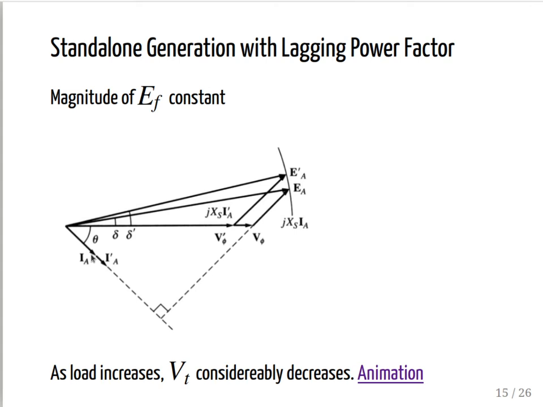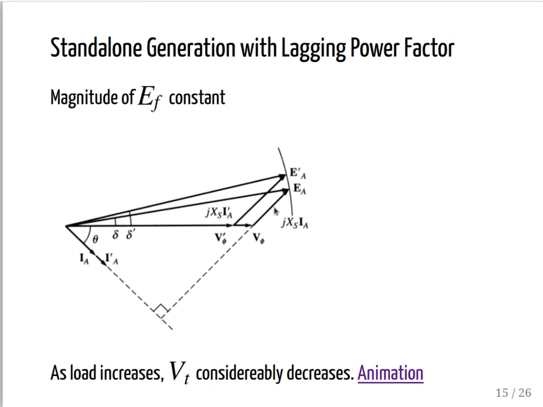I have the IA here, I have the EA here, and as the current increases, again my EF can only move along that circle because the radius is constant. This is the case where we don't change anything at all. We just keep the IF constant, so EA can move along that circle,